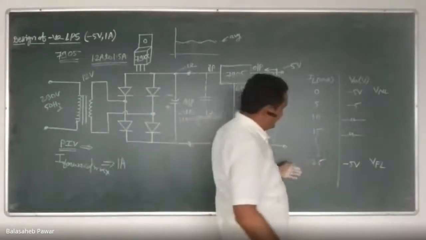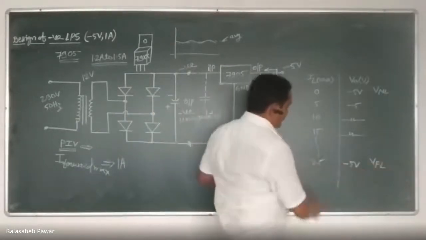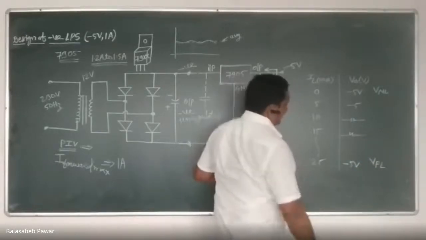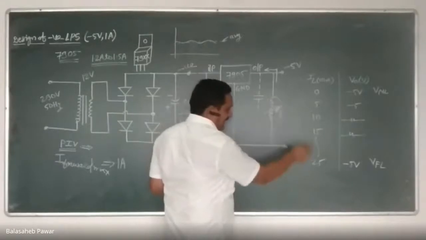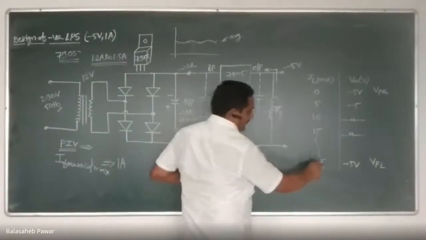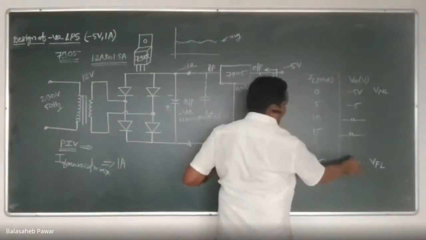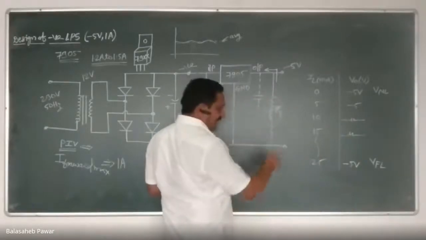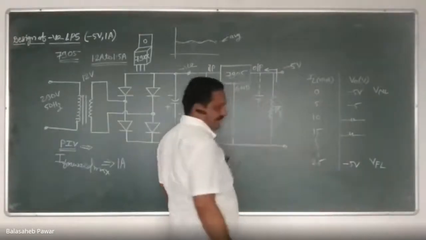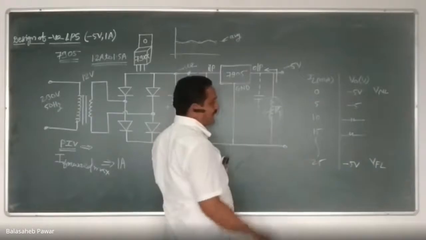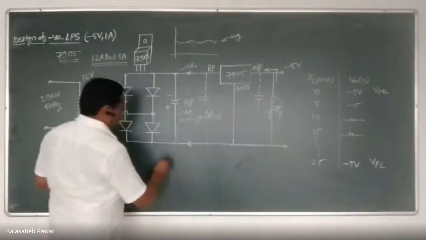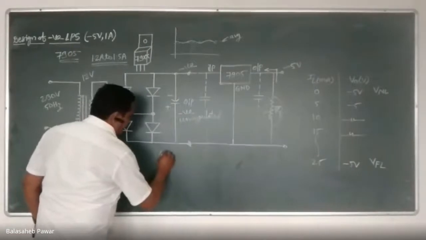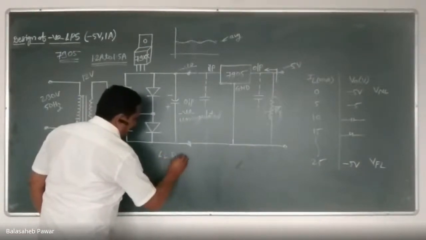And for the full load condition, I will take the maximum current through RL as 25 milliampere, and I will check the output voltage. Ideally, the output voltage will remain the same. It will not degrade or be affected. And to find out percentage load regulation, you might have learned it.